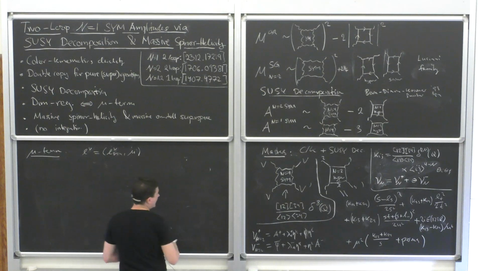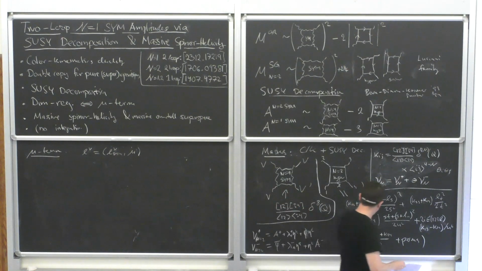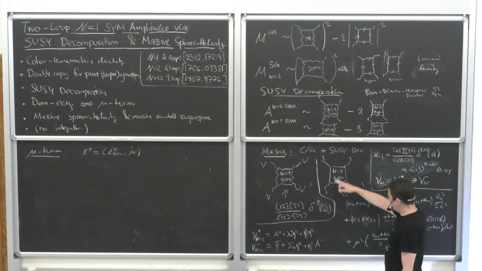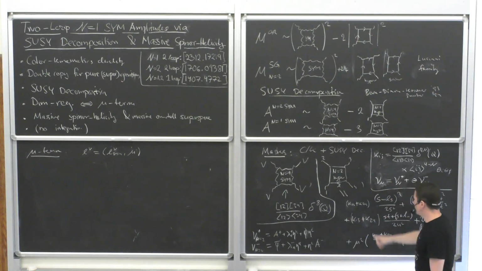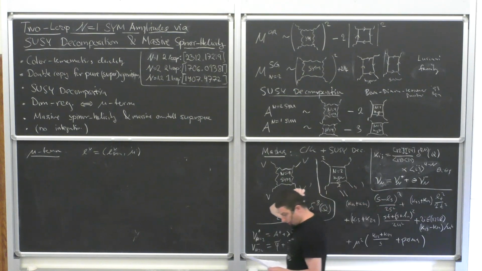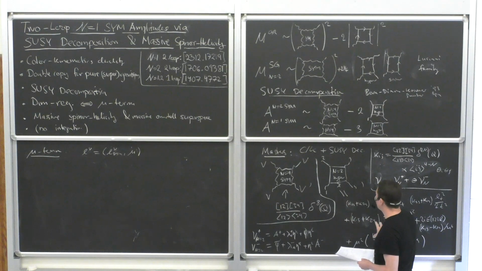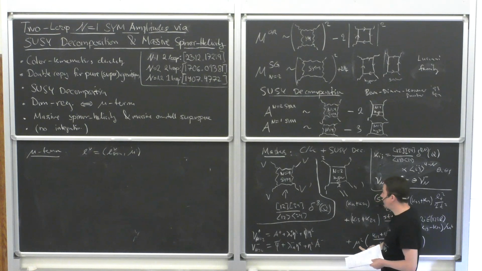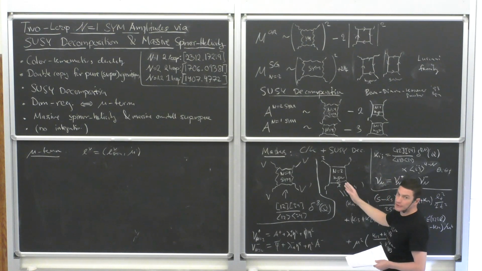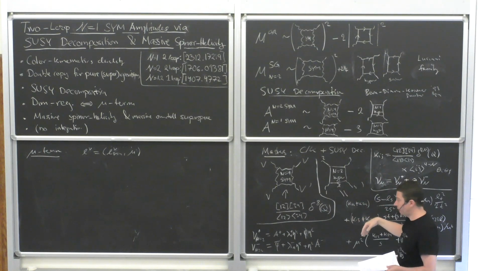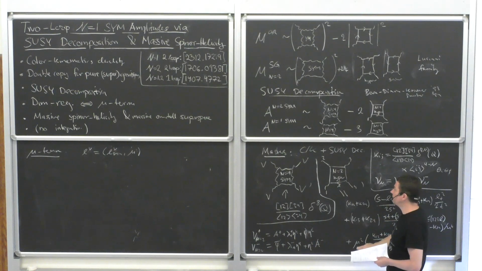Okay, so let's talk about this mu term here. First of all, I just call it mu because it doesn't matter where in the loop it's inserted. I did indicate where L is sitting. It's sitting here. So one thing here is, first of all, how do I compute this mu term? Well, the way I do it is that I actually go to 6 dimensions, and then I can compute in n equals 1 in 6 dimensions, and that's equivalent to this theory upon dimensional reduction. So that's actually how I computed this one.